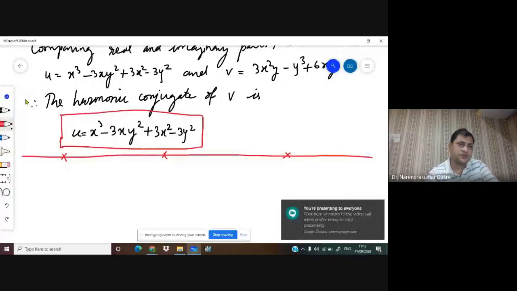Okay, now we have to consider one more concept related to these analytic functions. Okay, so what is the concept that we need to understand? So the concept is